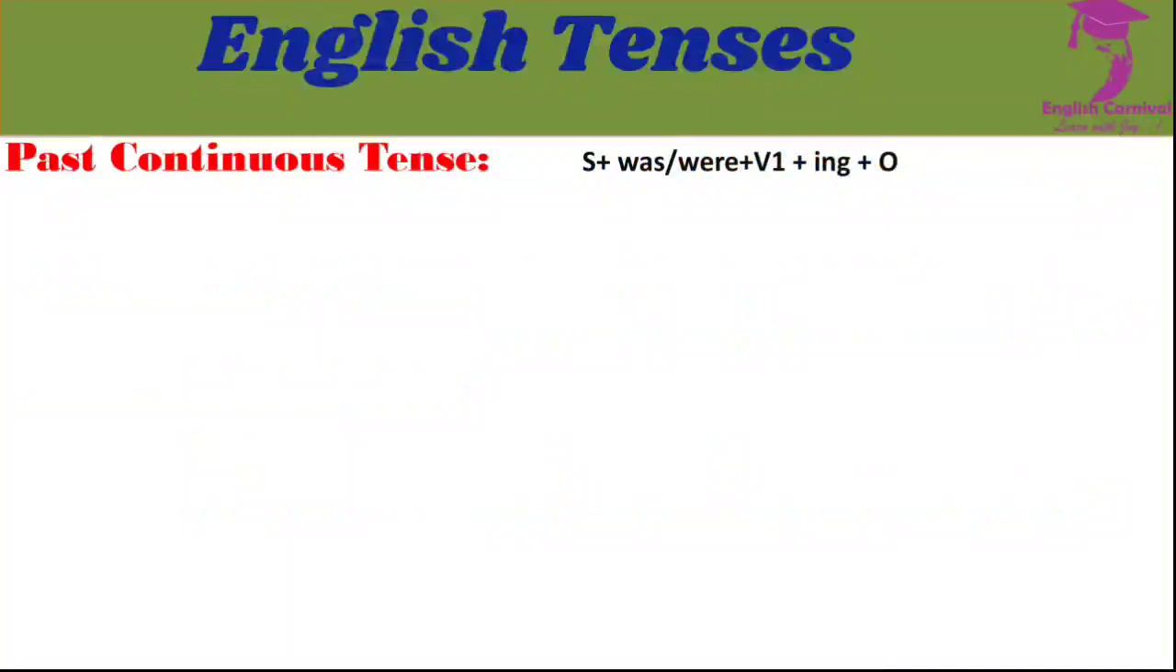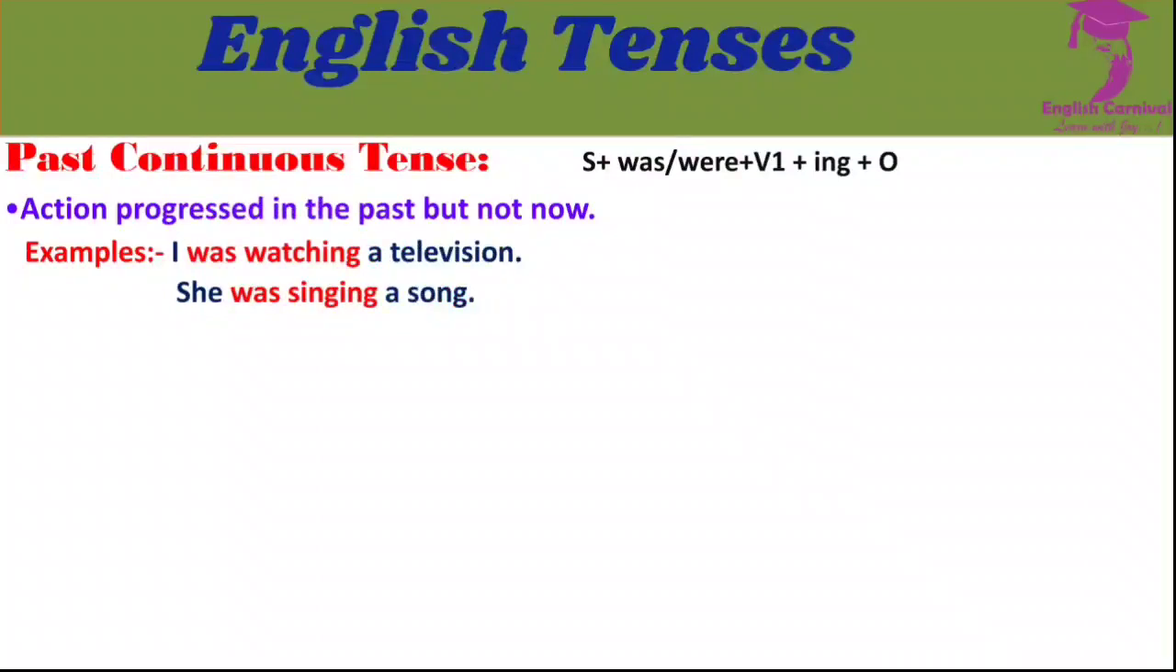Friends, after this we have the past continuous tense, and the structure of this aspect of past tense is subject plus the past form of be, those are was, were, plus first form of the verb, that is V1, with ing and object. Friends, here in this tense, the main verb is used in the progressive form or continuous form, and the past forms of the verb be that I have just told you, was and were, we can call them auxiliary or helping verbs as well,